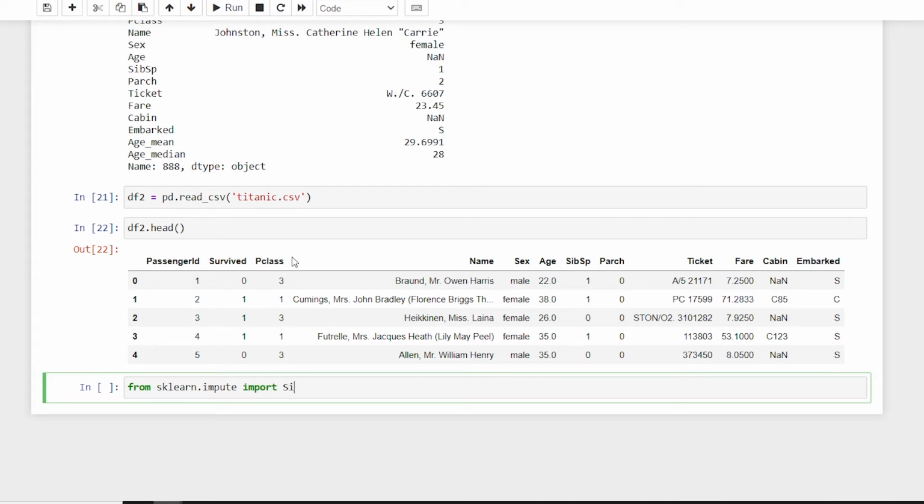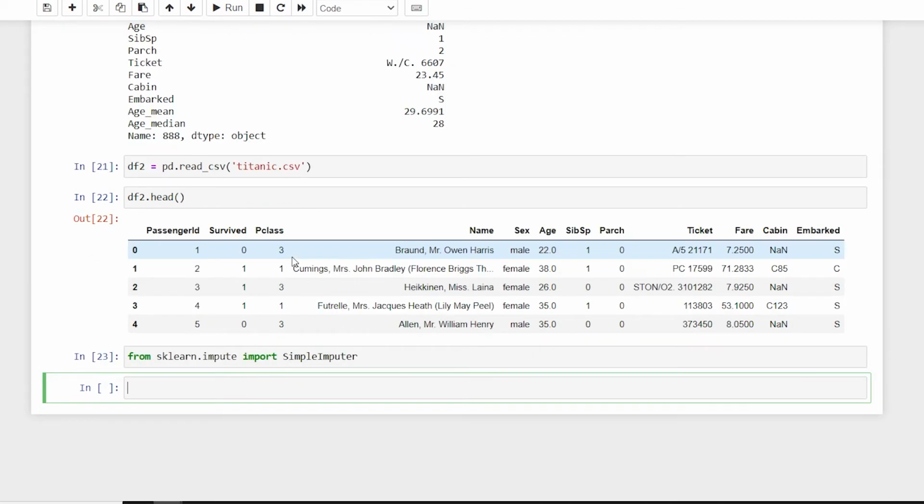I'll say impute_mean, because mean imputation is already there, and I'll say SimpleImputer, and here I can specify.